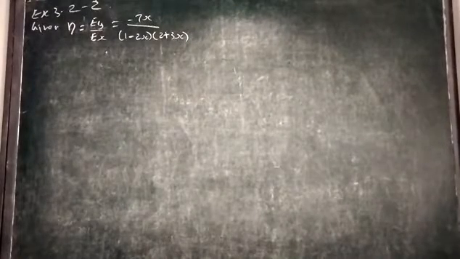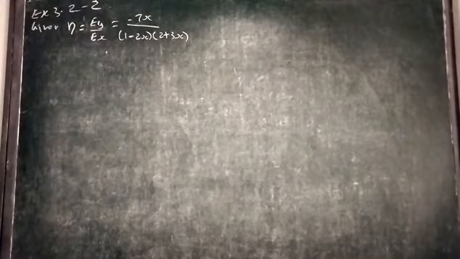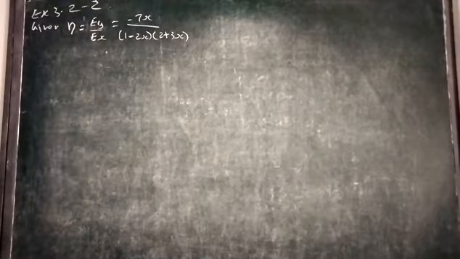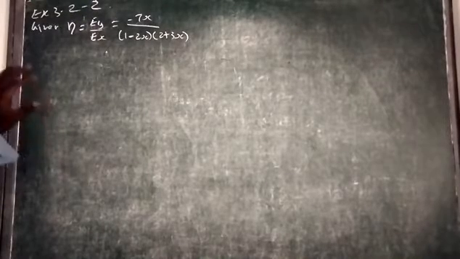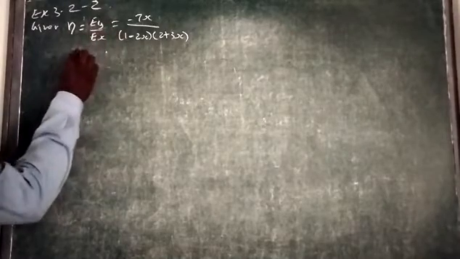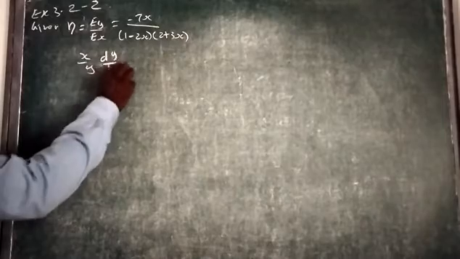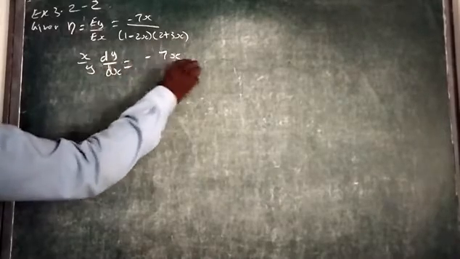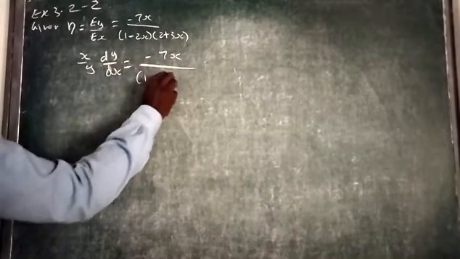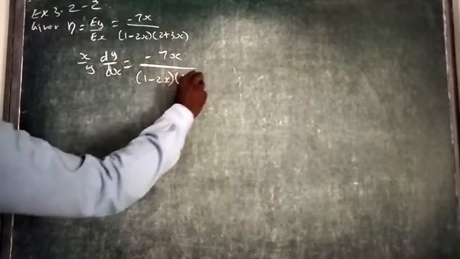So in this question, exercise 3.2 second question, they asked to find the value of the function y. What is the equation of y? So in this function, how to integrate? They given Ey by Ex equal to minus 7x by this. So the elasticity function, we can write x by y dy by dx equal to minus 7x by (1 minus 2x) into (2 plus 3x).